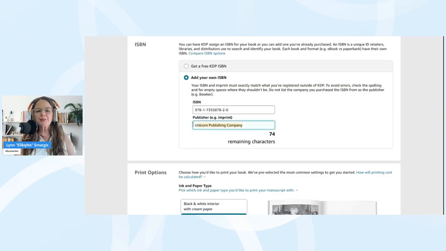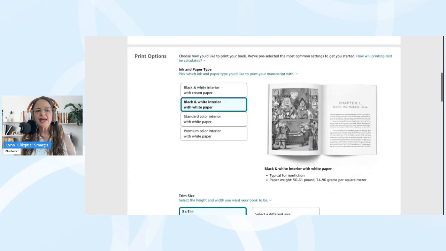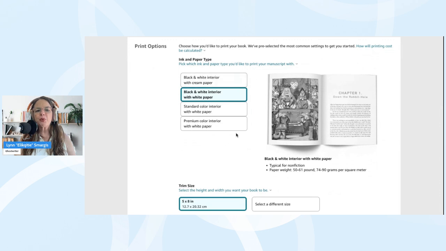All right, make sure you put your publishing company. This is my publishing company. And you want to make sure you choose what paper you want. Now, there's different types of paper for your paperback. Obviously, if you're doing an ebook, you don't have to choose the paper. There is